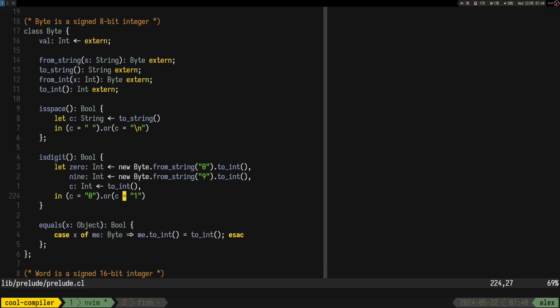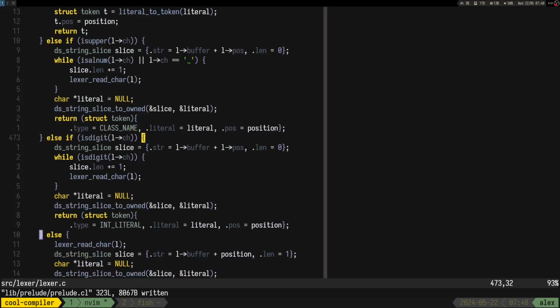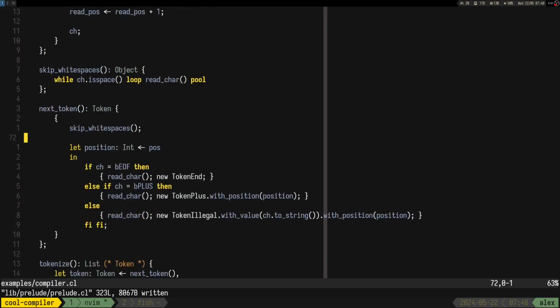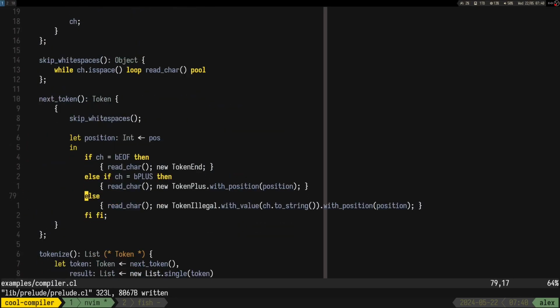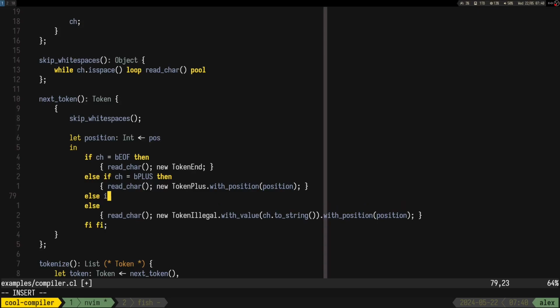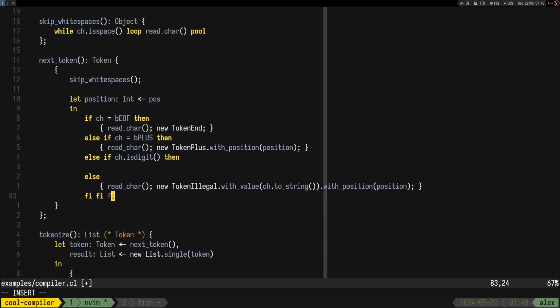Right. So now if I say 0 is smaller or equal than C, or C is smaller or equal than 9, that's its digit. So I can add another one now, else if ch is digit, then let's do it like this for now.